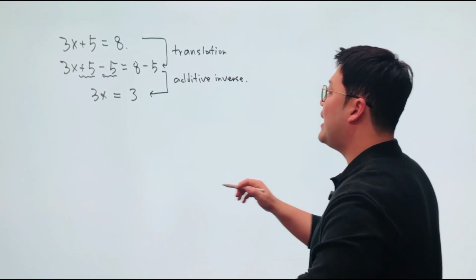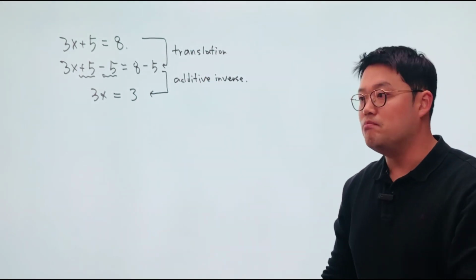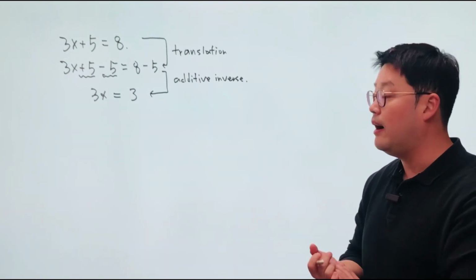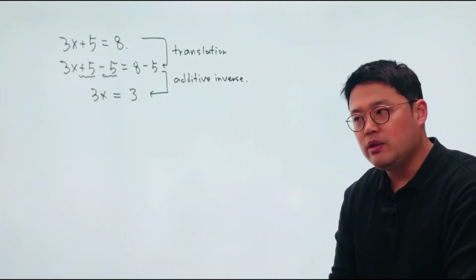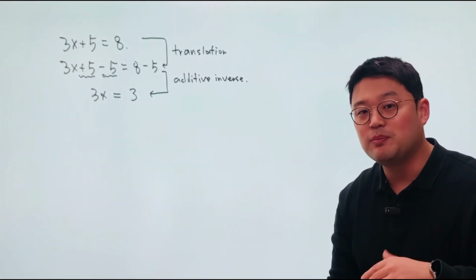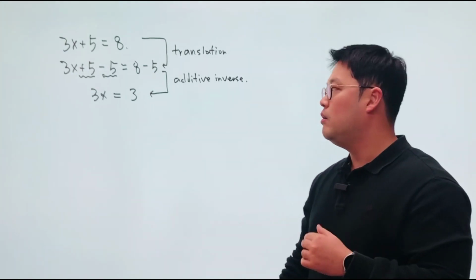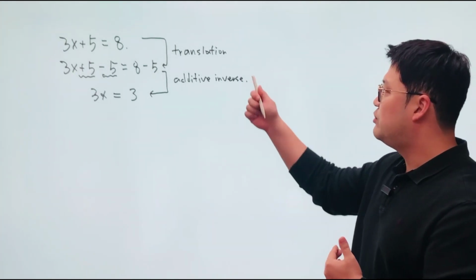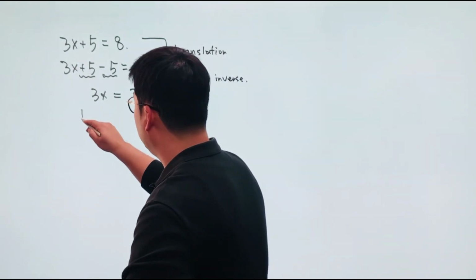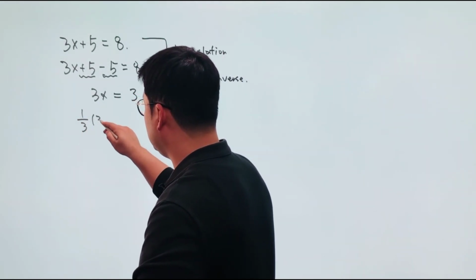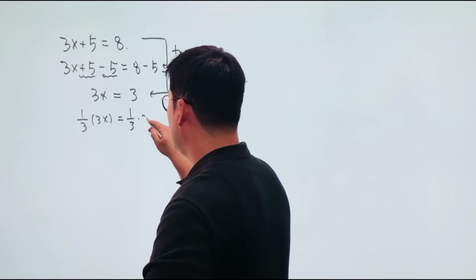Now, what if I go on to x equals 1? Well, I know that x equals 1. I think most of you who are watching this video right now are going to say x equals 1. But how do I show that is true? Well, you can plug it in and say, yeah, it works. But is there some kind of algebraic property that we'd better explain? Well, there must be something. Using the translation property as we listed above, we can multiply by 1/3,